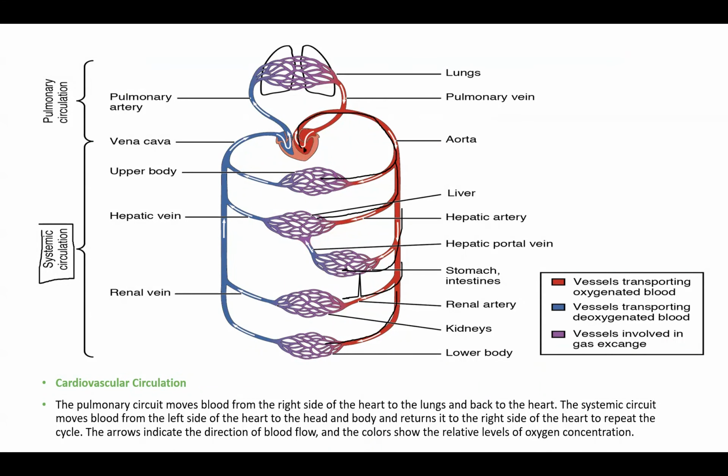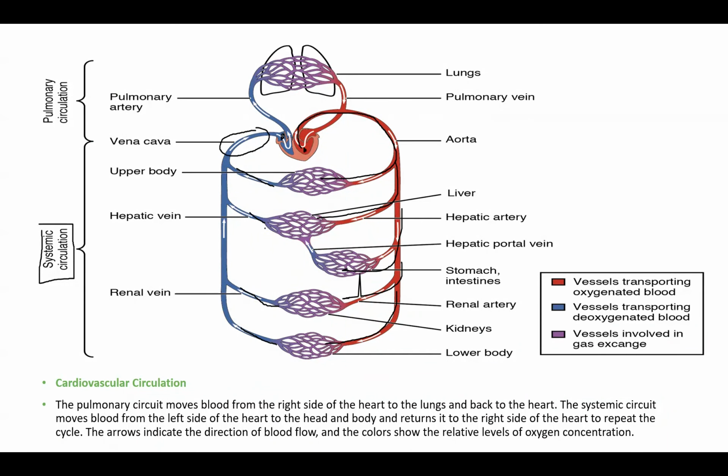Then it returns as vein, and they combine together to make the vena cava. If it is coming from the bottom part of our body, it's going to be the inferior vena cava, entering into the